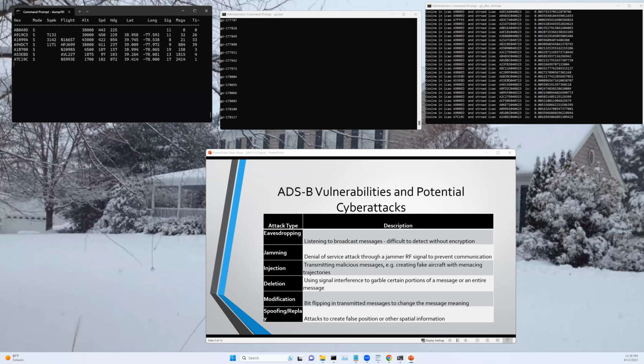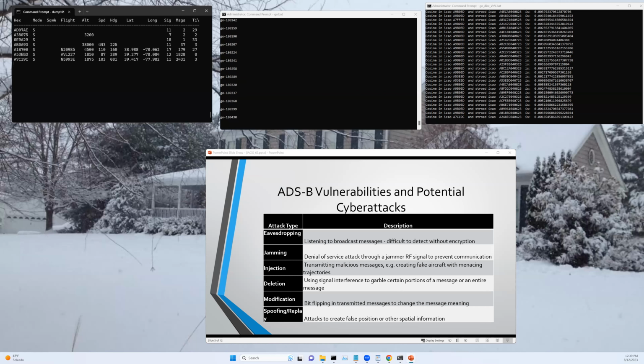Spoofing, on the other hand, attempts to introduce false messages into the 1090 megahertz traffic so that ADS-B in systems, so you have an ADS-B out that sends the messages, and then you have an ADS-B in system that receives them. So the spoofing is designed so that ADS-B in systems process incorrect information. This can result in spurious positions for actual aircraft and the introduction of fictitious aircraft.